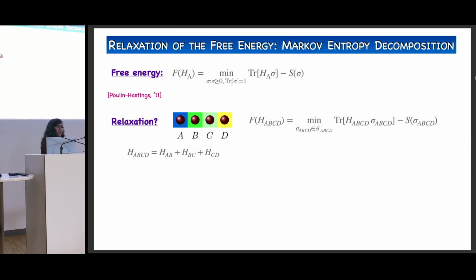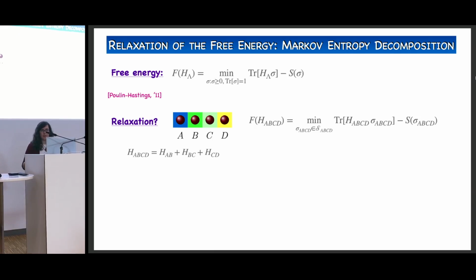We can do this in a very general framework, but here, for simplicity, I'm just going to do it in the simplest possible framework, which is we have 4 sites in a one-dimensional chain. Now we are going to take a Hamiltonian that is finite range, as I was saying before, but finite range in 1D is the same as saying just 2-local. So it's something that can be written as H_AB plus H_BC plus H_CD. Then we can rewrite this variational problem as this expression that I'm writing here: taking the minimum over density matrices supported in ABCD of this difference.